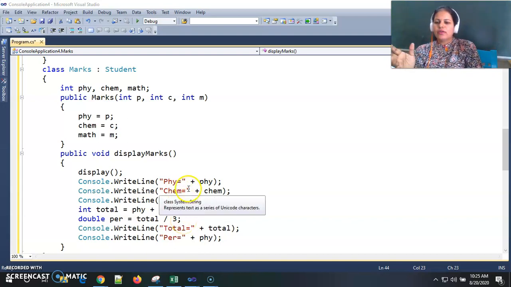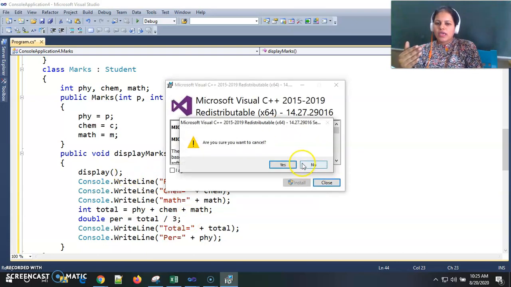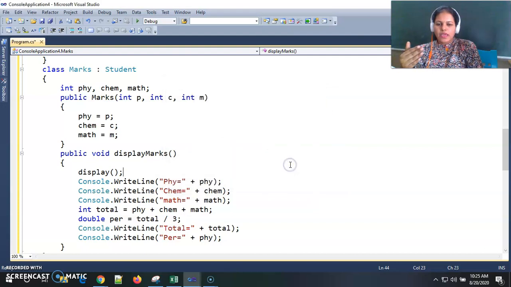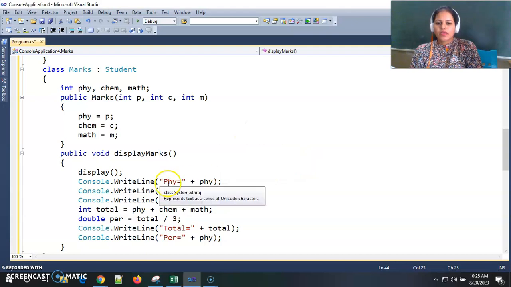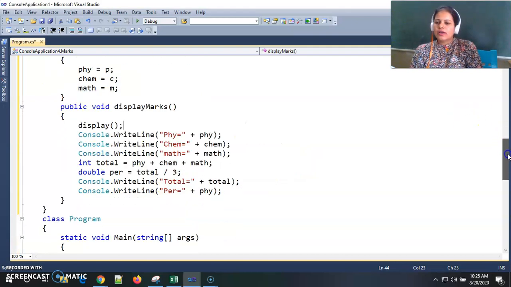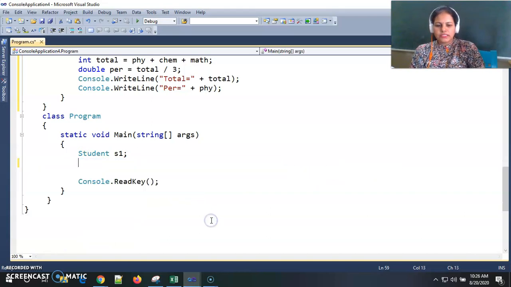So before displaying the marks details, we display his or her roll number and name, and then the marks we will display. Now I am removing all these lines here.